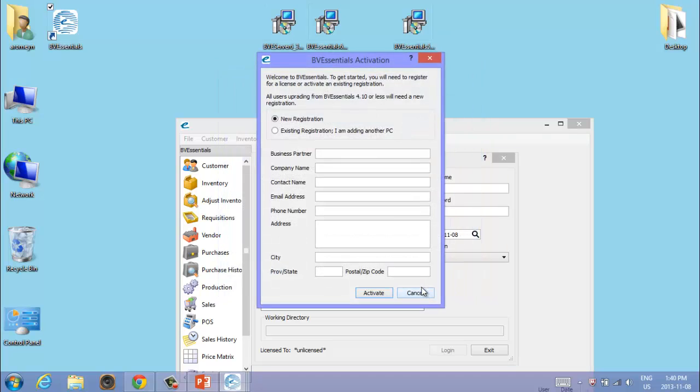So if you click the accept button and you then register this, so put in a new partner here, and you'd put your business partner name that you use for your Business Vision support. And I'll just type in a name here, BVE. Company name here is ABC Electronics. Contact name is Al Romain, and I'll put my email address as al@abcelec.com, and then a phone number